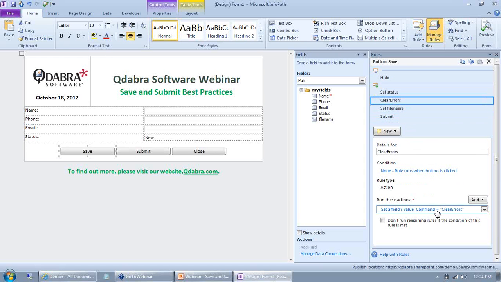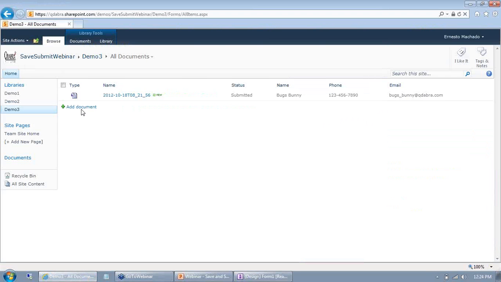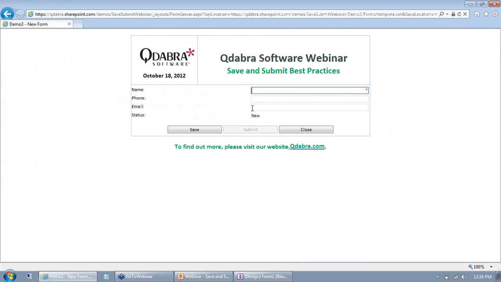I'm going to clear errors. And this is really key. Why am I clearing errors? Well, you'll notice that the name field is required and has a red asterisk next to it. And if I open a new form, you're going to notice that the field is required, right? So what happens if I know the phone number and I don't know the email? Well, that's fine. I fill out the phone number and I click save. The form gets saved,